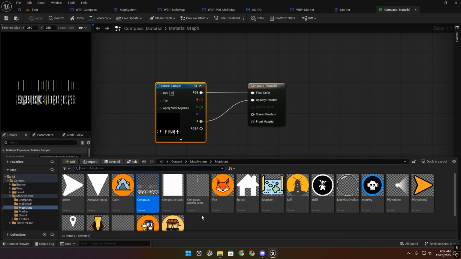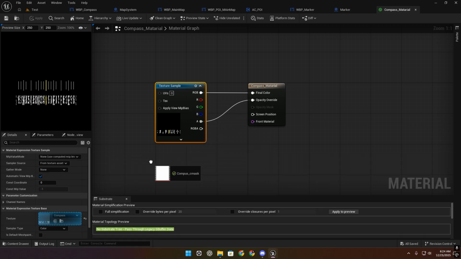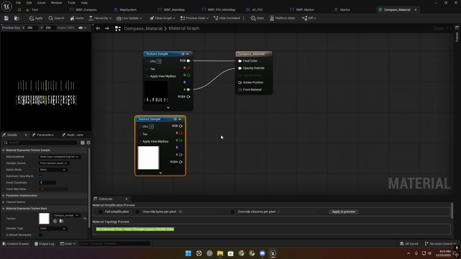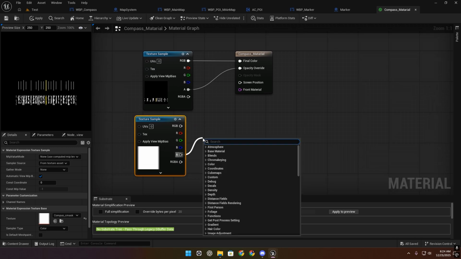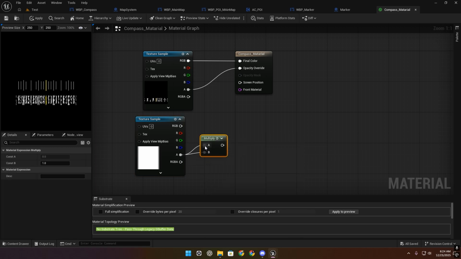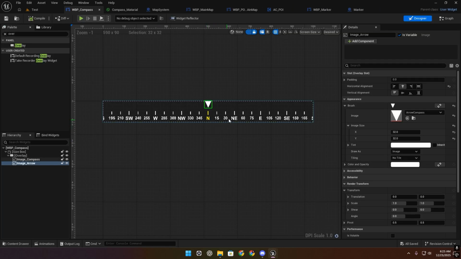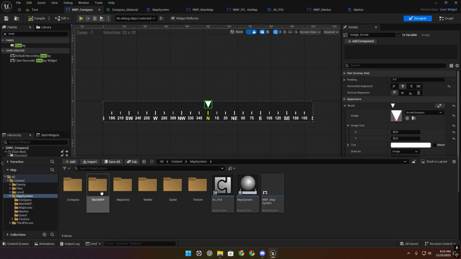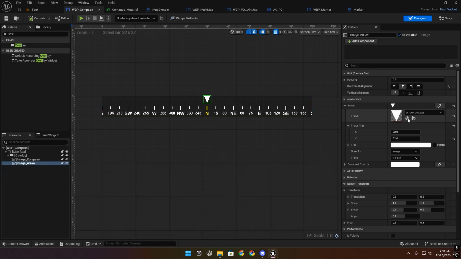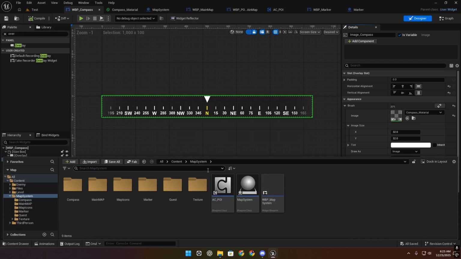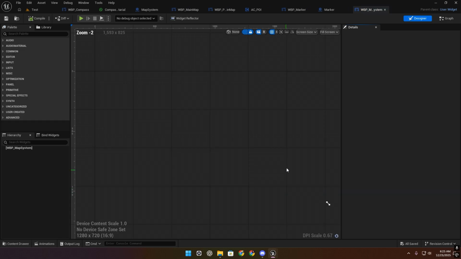I think no. We have this compass mask, so let's get this mask. And on alpha, we have to multiply this value with this alpha, and then I have to plug this right here. Now in our compass, I'm going to change this with our material, with our not this one, with our material. Here you can see we have this alpha right here. And also in our map system UI,